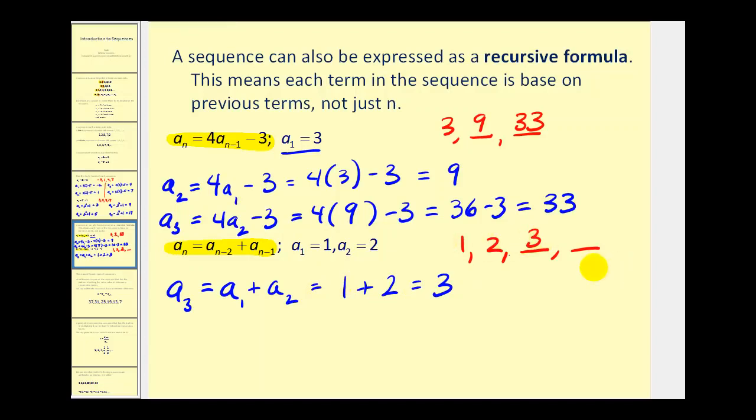Let's go ahead and find one more term. A sub 4 is going to equal a sub 4 minus 2, that's a sub 2, plus a sub 4 minus 1, that's a sub 3. So a sub 4 is equal to a sub 2, which is 2, plus a sub 3, which we just found, is 3. So it's equal to 5. So that's how a recursive formula works. Now we're going to shift gears to talk about 2 different types of sequences. One's an arithmetic sequence and the other is a geometric